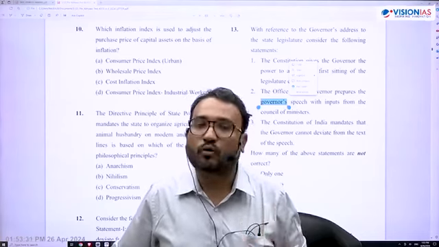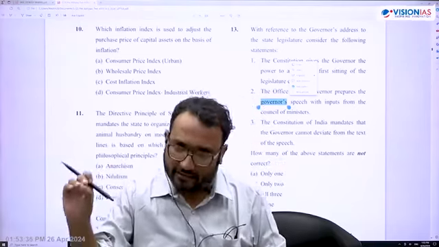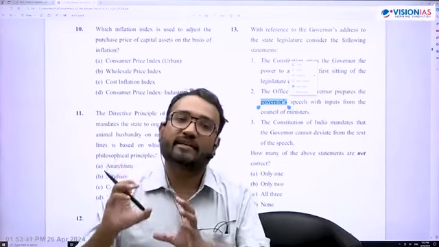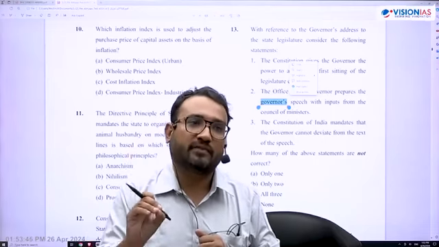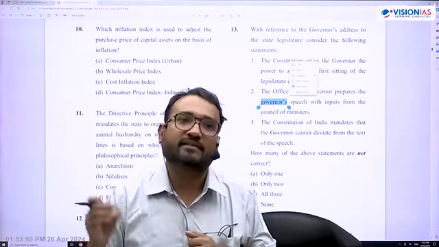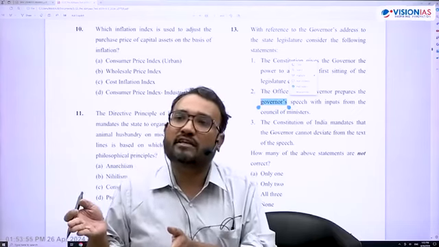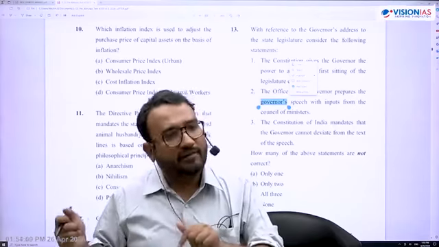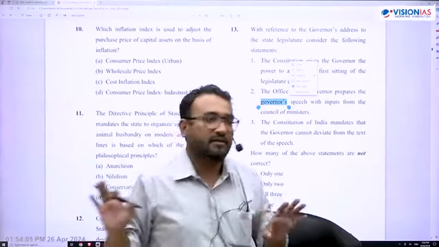Otherwise, an important statement, in general, constitutional morality says, in Government of NCT of Delhi versus Union of India, 4th July 2018, that an elected government should be respected. In general, the governor must act on the aid and advice of the Council of Ministers. Otherwise, there is no point having a Council of Ministers that has a majority in the state legislative assembly. Otherwise, it will be against constitutional morality. When the governor feels that he must act in discretion, then he should act in discretion. This is the concluding thing.